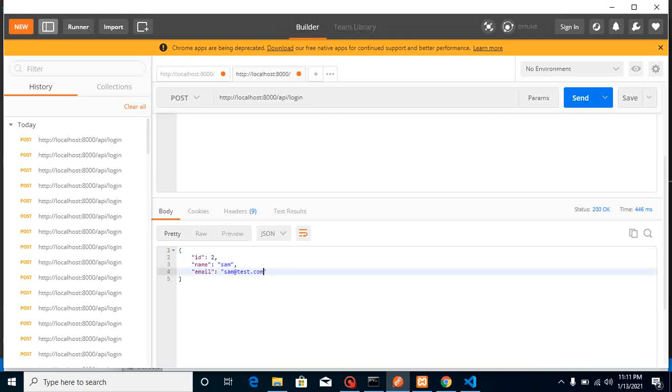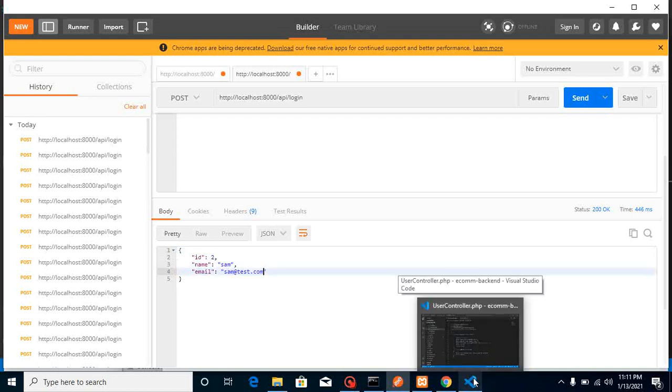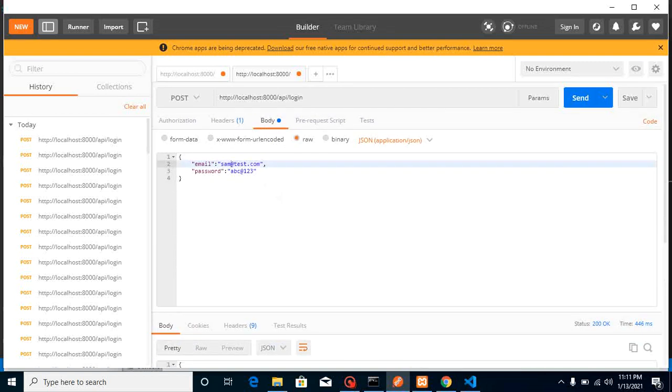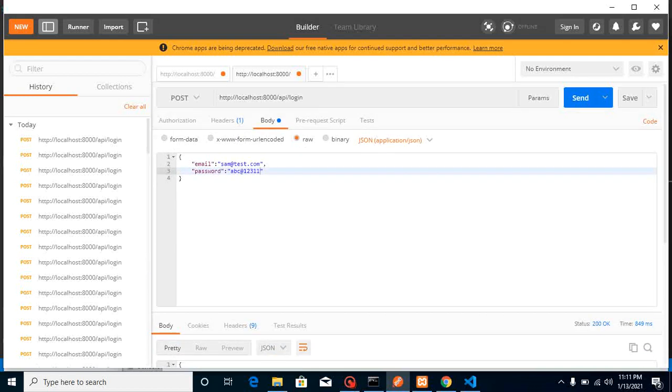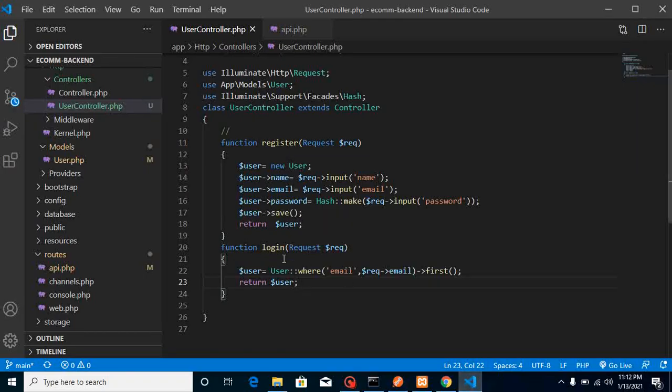That's working great. So now let's match the password also, because if we send the wrong password, it will still be fine, because we are only matching an email address here, right? So come back to the code, and let's compare the password also.